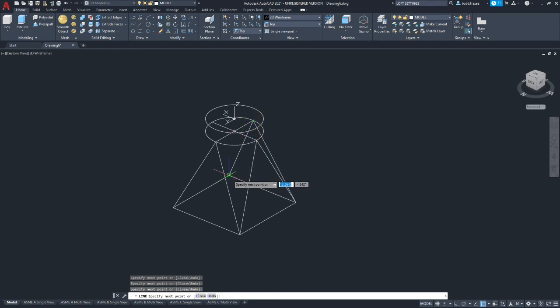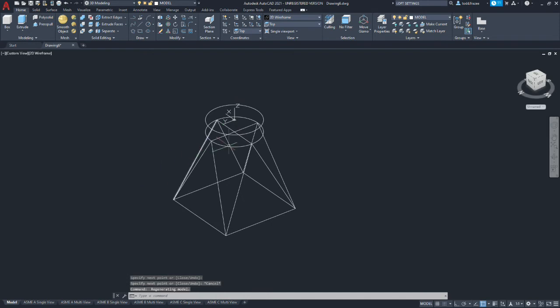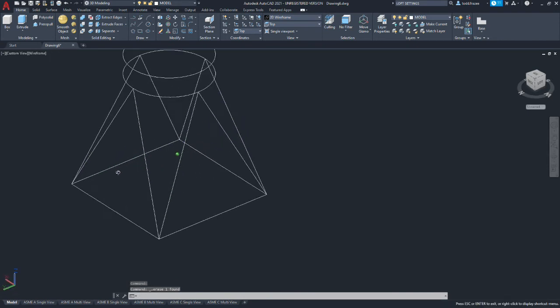So you're going to end up with a series of triangles that make facets. So it should look something like this when you're done. And at that point we can come back and delete the quadrants that we made just to clean it up.